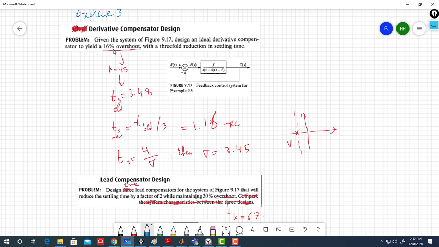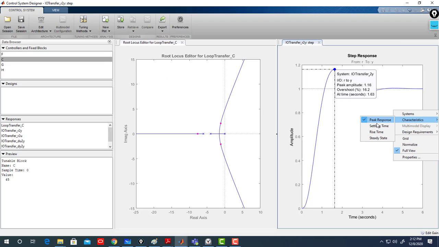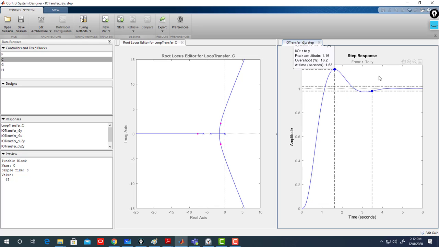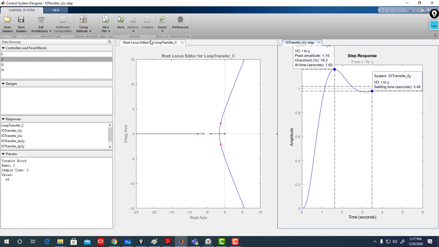And how much was my settling time? My settling time was 3.48. So the new settling time now will be the old settling time over 3. Okay, let me store this design